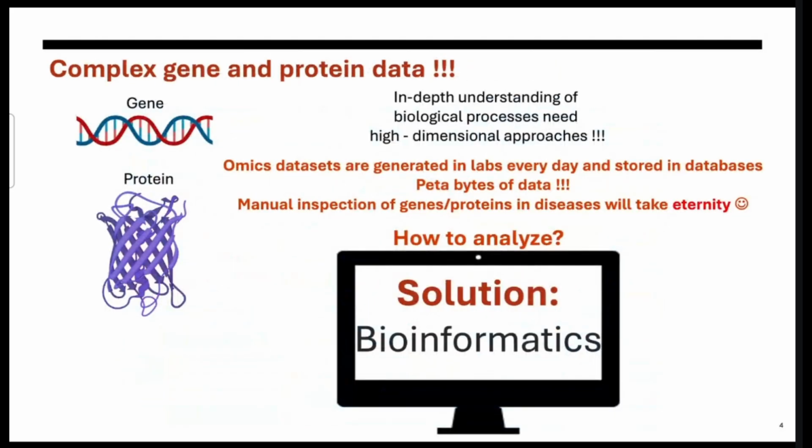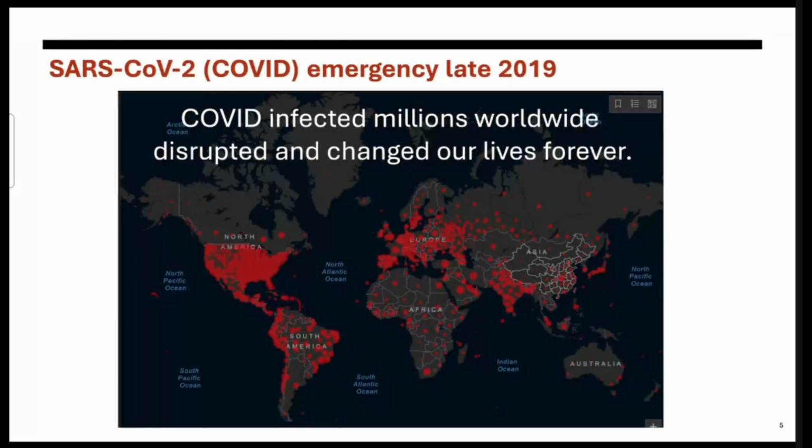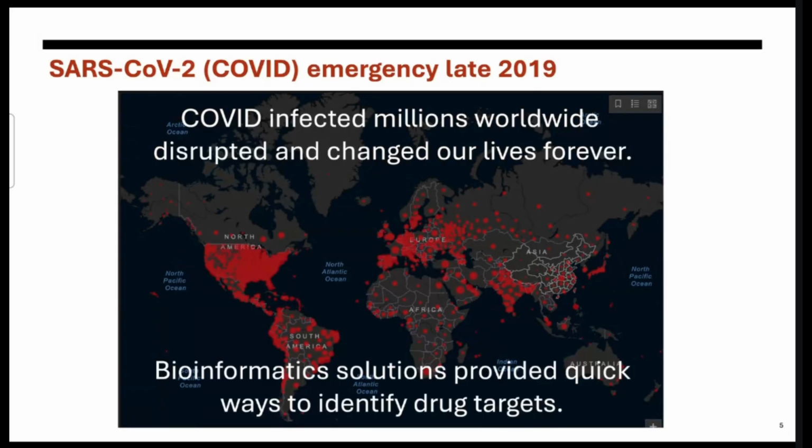From the next slide onwards, I will talk about various diseases where I have used computational approaches to identify the molecular mechanisms and targets which can be used as drug targets. So let's start with SARS-CoV-2. SARS-CoV-2, we all remember this. In late 2019, we came to know about this, and in 2020, 2021, 2022, it has infected millions of people worldwide and disrupted and changed our lives forever, right? And during this time, bioinformatics immensely helped to identify